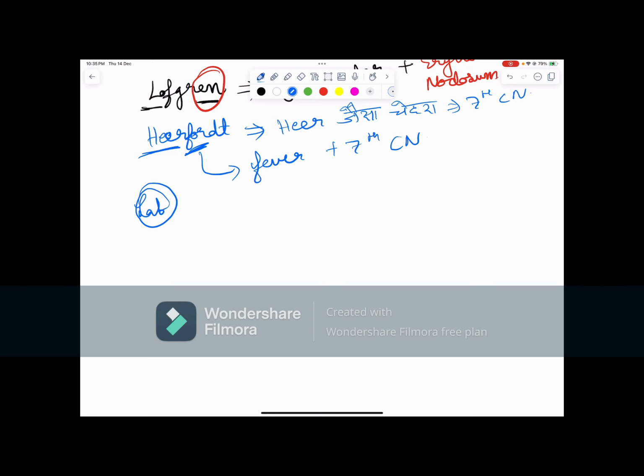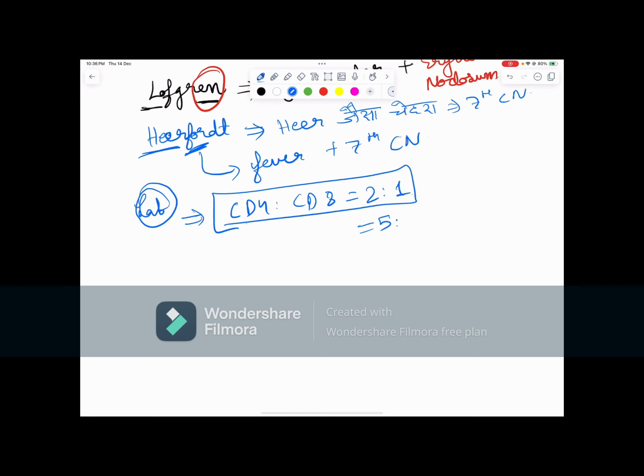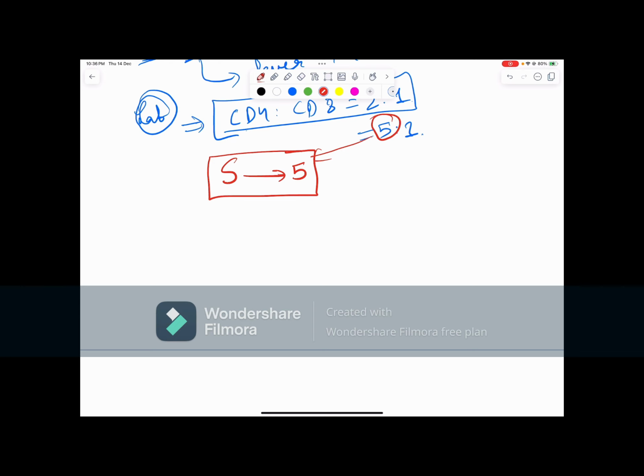You have to remember that normally CD4 to CD8 is 2 to 1, but in sarcoidosis this would be 5 to 1. How to remember that? You can convert sarcoidosis as 5. Now remember that while the CD4 count is increasing here, it is increasing at the cost of lymphocytes. Therefore, we see lymphopenia. Now remember that in sarcoidosis, we have increase in ACE, and also increase in calcium.